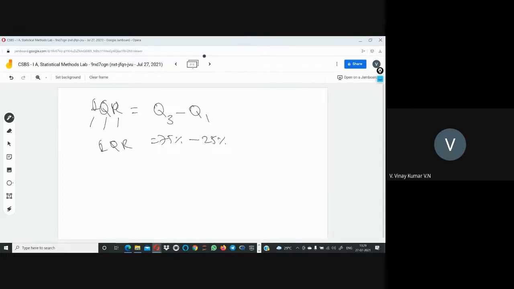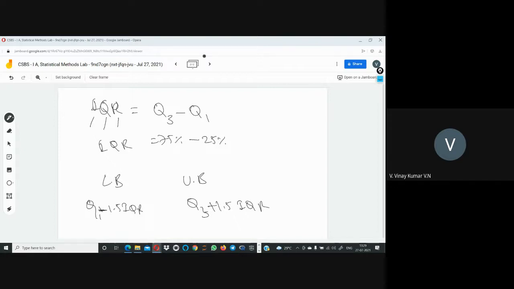After getting it, we have to find the lower boundary and upper boundary. The lower boundary is Q1 minus 1.5 times IQR, and the upper boundary is Q3 plus 1.5 times IQR.